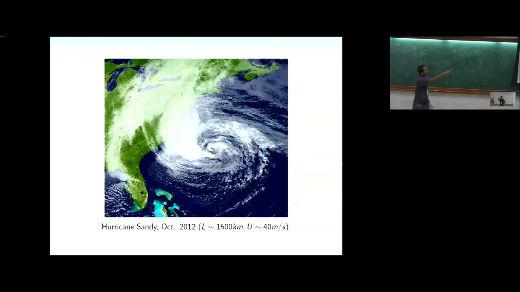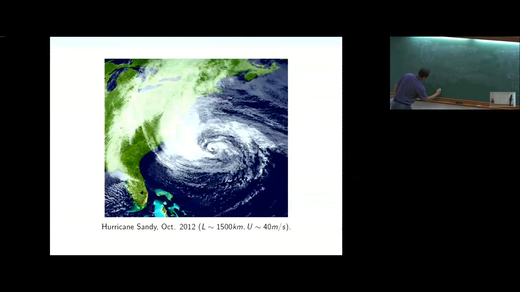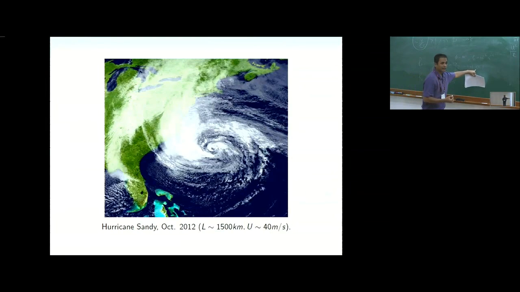Once again, you're in the mid-latitude, so f is of the order of 10 raised to minus 4. If you plug in those numbers over here, so for a hurricane, you will find that the Rossby number works out to approximately 0.5. So it is still less than 1. Not as small as this guy over here, but it is still less than 1. That is, rotation is playing a role, and that's exactly what you see over here, that a hurricane is